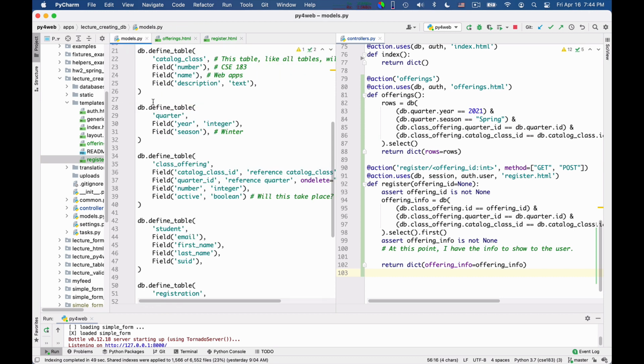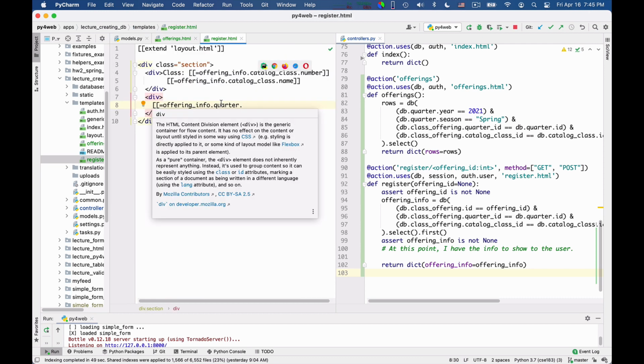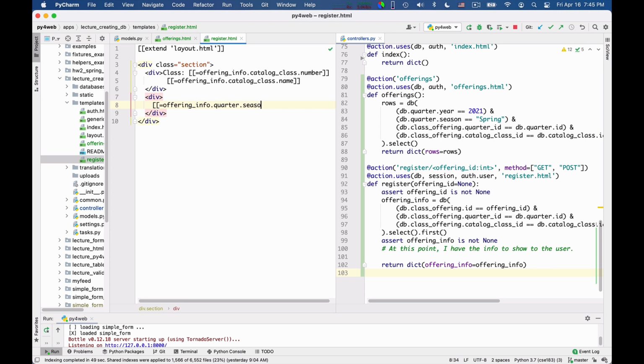You often have to refer year and season. Okay, so season, and then I want here offering info dot quarter dot year. Okay, this should work. It's probably gonna look mildly horrible, but it might even work, and that's all I want to try at the moment.